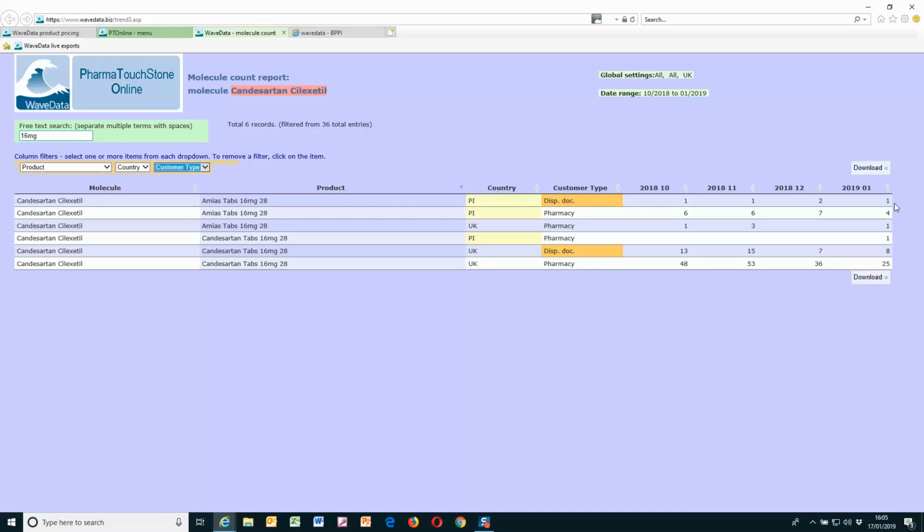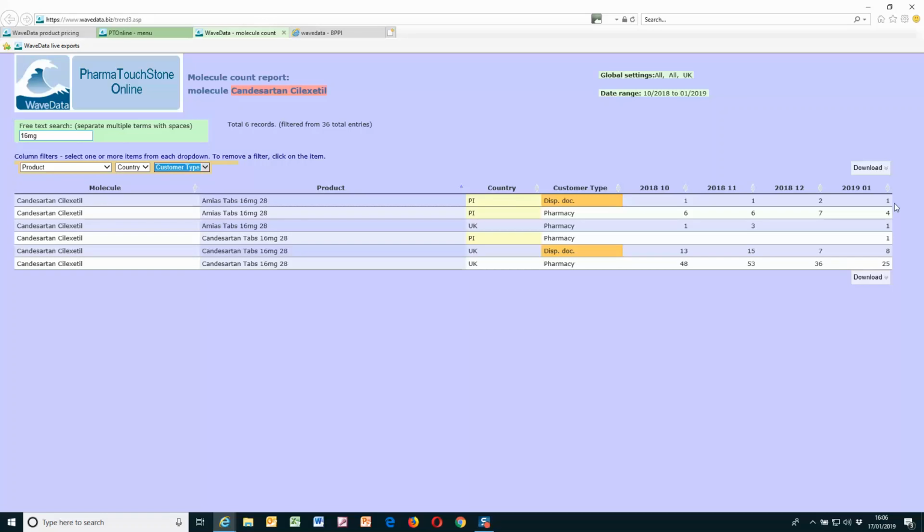If I was the brand manager for Amias and I had stock, I might be considering going to the market and saying, come on guys, why don't you buy our brand instead of the generic? Because we know there's an availability problem with it. If Amias has a supply problem as well, then it might be a target for a competitor brand to say,